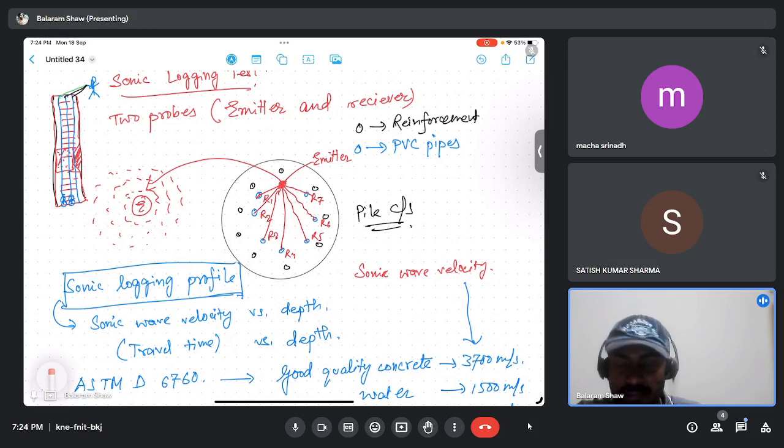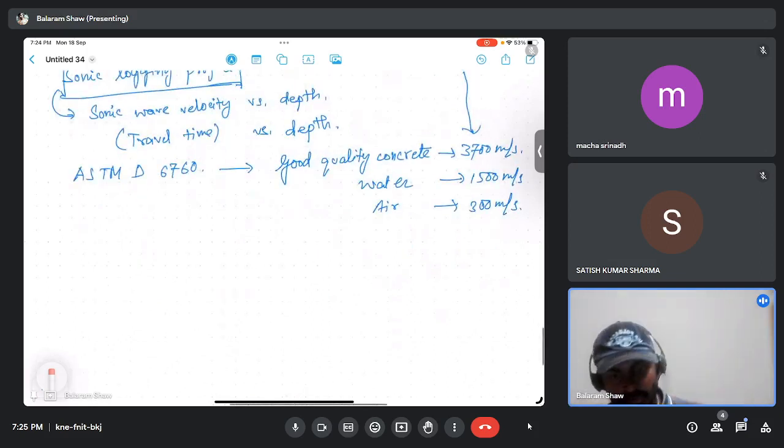So depending upon the findings, the expert can decide whether to accept the pile or to reject the pile for further assessment. Okay, so this was the sonic logging test. So after the measurements, in the unit, what is happening, we will get